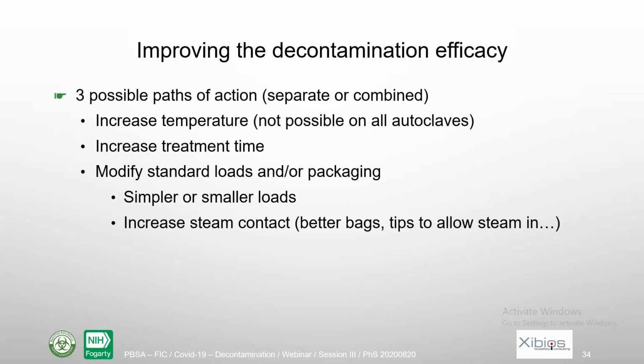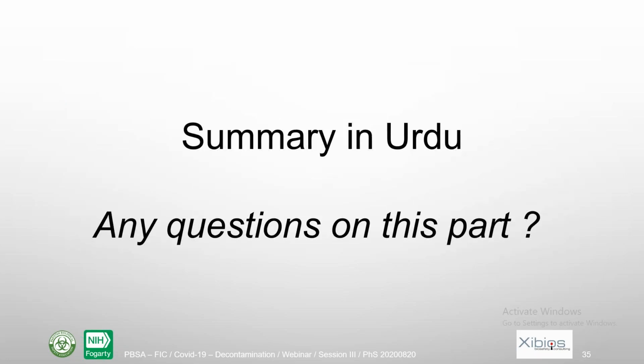अब डिकंटामिनेशन एफिकेसी को बेहतर बनाने के लिए आप क्या क्या कर सकते हैं, इसके 3 तरीके हैं। एक तो आप ऑटोक्लेव के टेम्परेचर को बढ़ा सकते हैं, दूसरा ट्रीटमेंट के टाइम को बढ़ा सकते हैं, जैसे 20 मिनट के बजाय आप 25 मिनट का ट्रीटमेंट दे दें, और तीसरा ये कि छोटे छोटे सादे से बैग्स बनाएं ताकि स्टीम कारगर तरीके से अपना काम परफॉर्म कर सके और सिंपल लोड बनाएं, बजाय इसके कि एक ही बहुत बड़ा सा और कॉम्प्लेक्स बैग बनाएं, आप छोटे छोटे लोड्स बनाकर उसको रिपीटेडली ऑटोक्लेव में रन कर लें। तो इस तरह से आप लोग अपने वेस्ट को अच्छे तरीके से डिकंटामिनेट कर सकते हैं। थैंक यू सो मच।